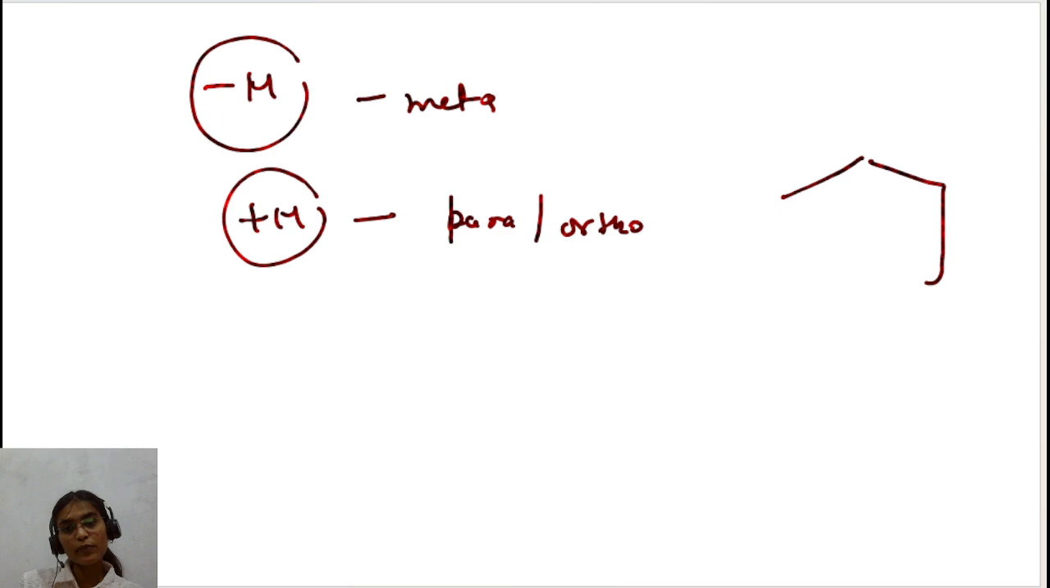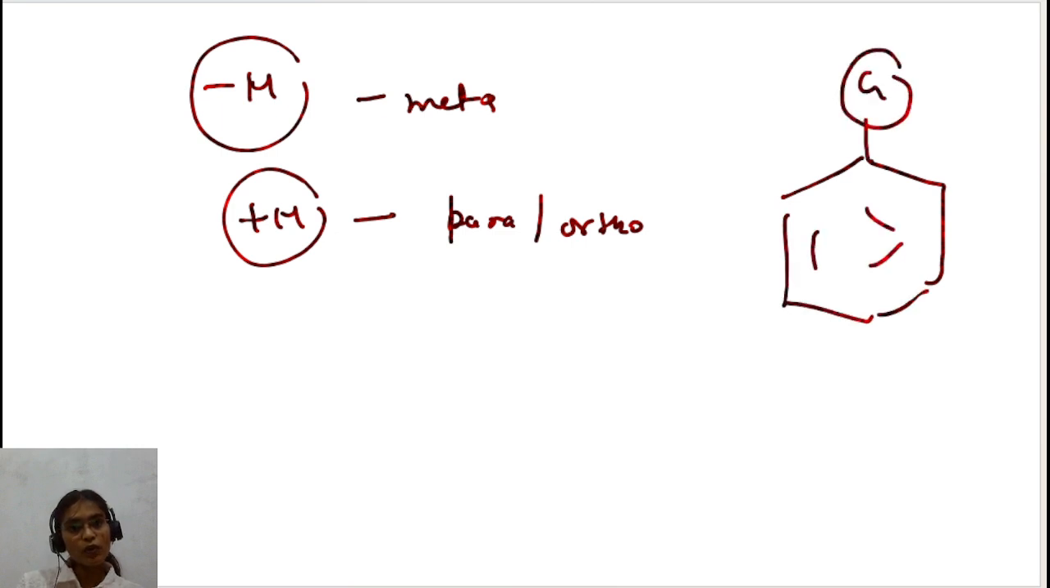If this is my benzene, there is some Z group connected. If you consider the ortho position, at the ortho position, the inductive effect, hyperconjugation, and mesomeric effect, all three effects are there. I'm repeating: at the ortho position, inductive can be there, hyperconjugation can be there, mesomeric can be there. But on the other hand, if we are comparing the meta position, you know inductive effect is distance